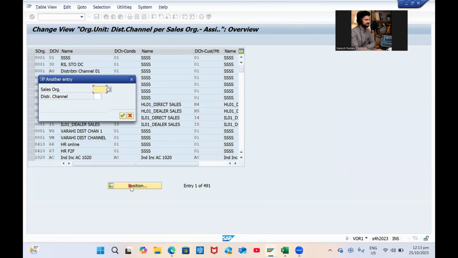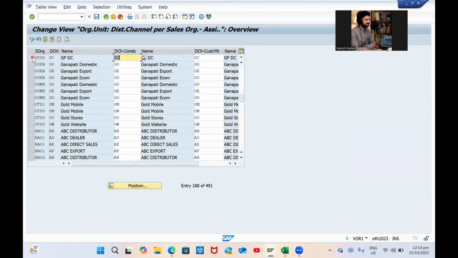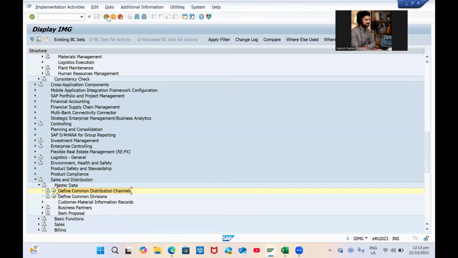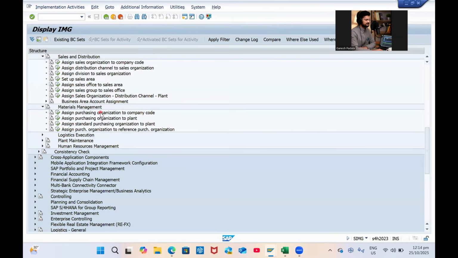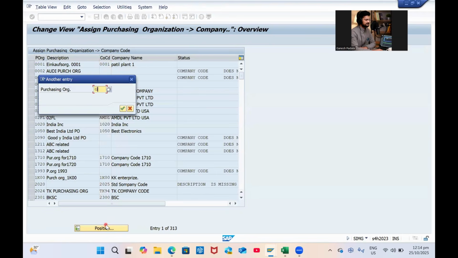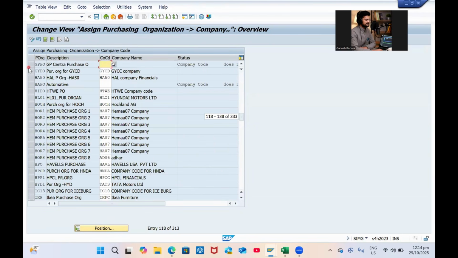Controlling I told, and sales and distribution I told. In a similar way, I'm going to tell about the purchasing. GPSO. Okay, see, one distribution channel. All good now. Now we are going to our favorite material management, purchasing organization to company code, GPPO. Just maintain GP00. It has not come from the copy